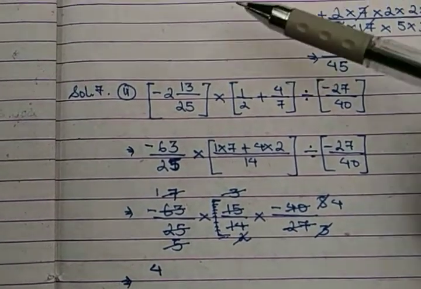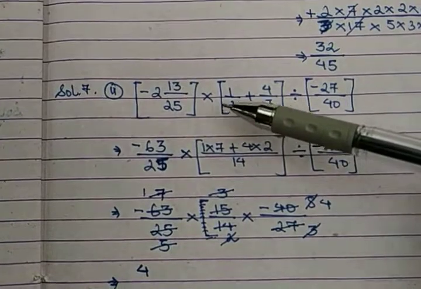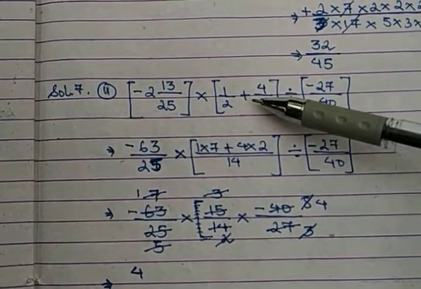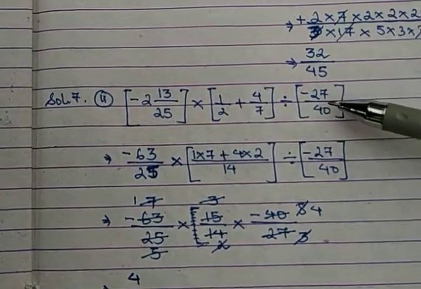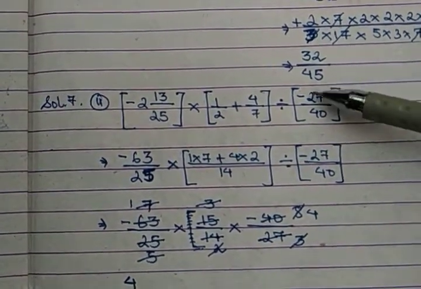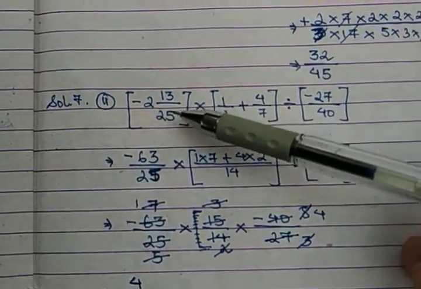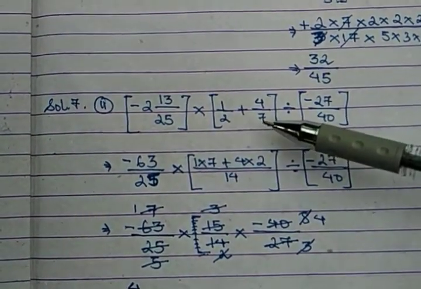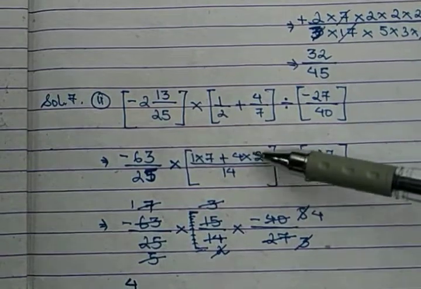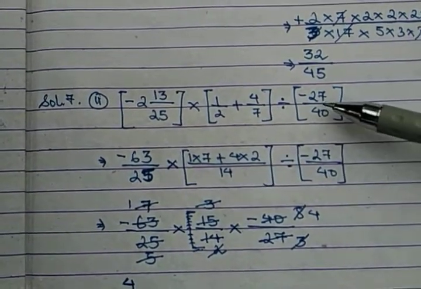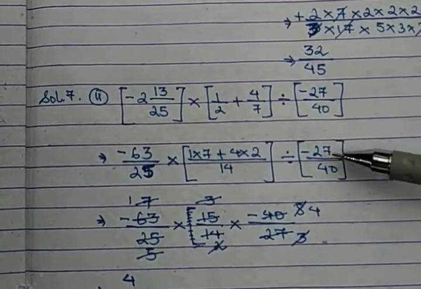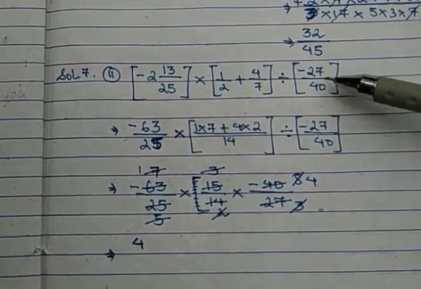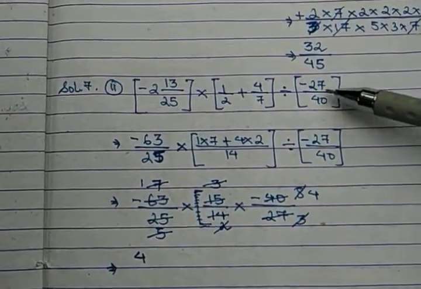Then after that, for question number 7-2, there is a little more simplification. See, the first mixed fractional form into, again, two fractional forms within the bracket with plus, addition of fractions, divided by again a fractional form within the bracket with a negative sign. So again, the mixed fraction is converted to improper, addition of fractions within the bracket, taken the LCM, taken the addition of the fractions. This term remained as it is because it was a simple fractional form, not a mixed fraction. It's a proper fraction, isn't it?